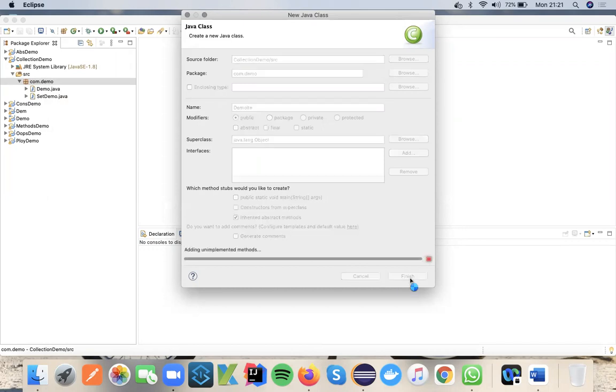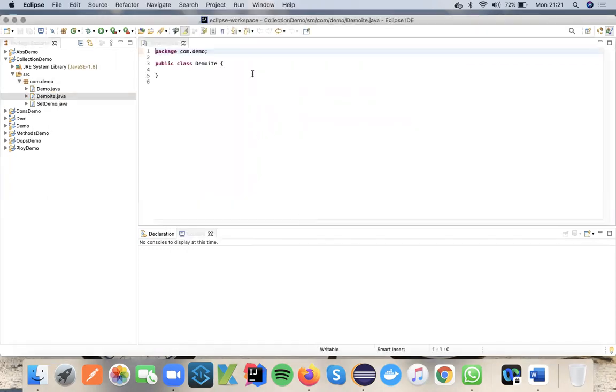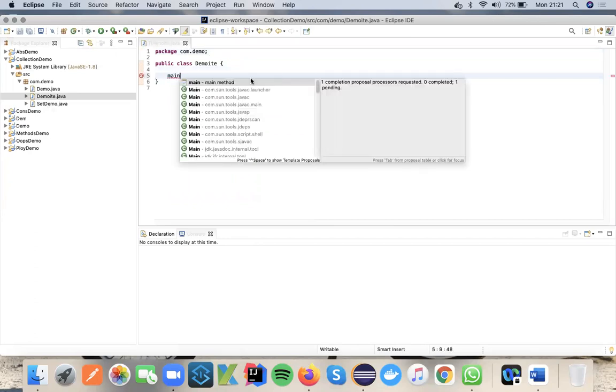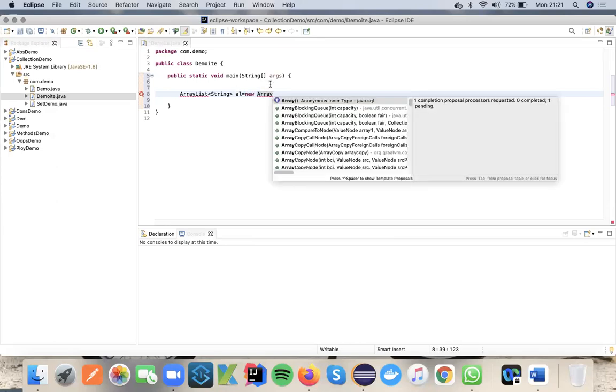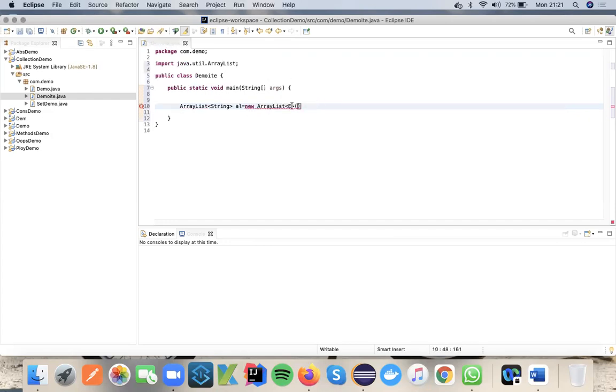So in this class, we are going to discuss the Iterator. I'm going to tell you what the Iterator is and what benefits we get with it. First of all, I want to define an ArrayList of String, AL equals new ArrayList.